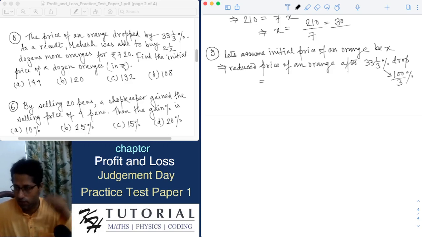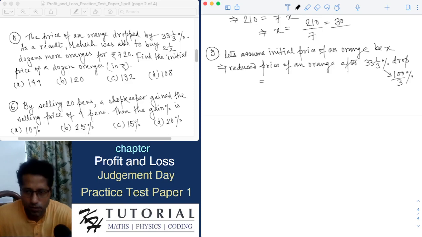If you convert this mixed fraction to an improper fraction, it is 100 by 3 percentage. Now, if there is a price drop of 100 by 3 percentage, then the reduced price will be 100 minus